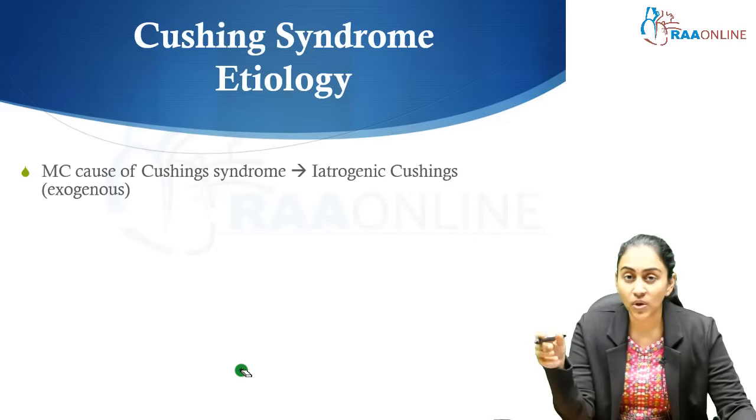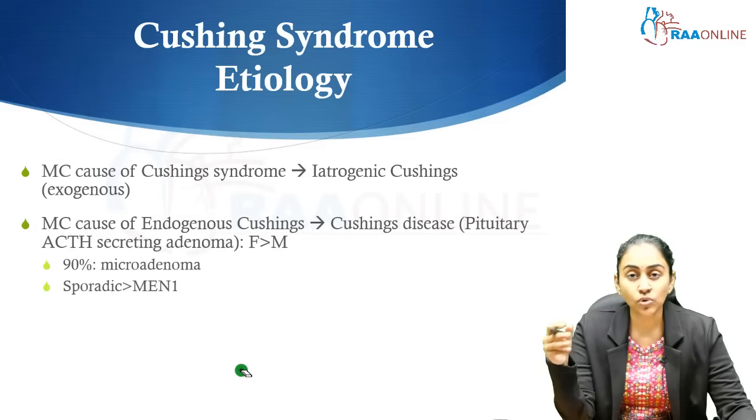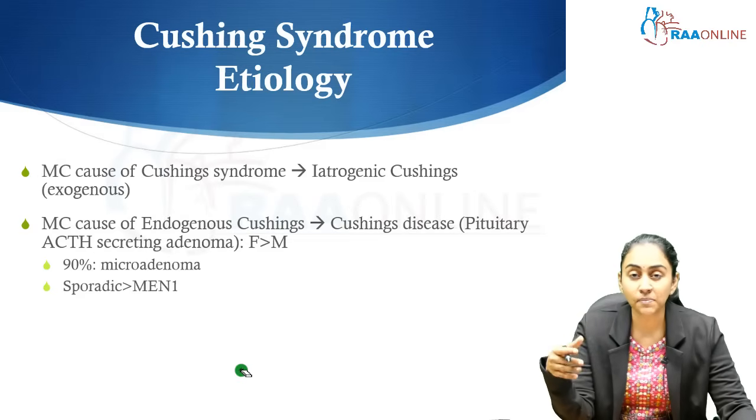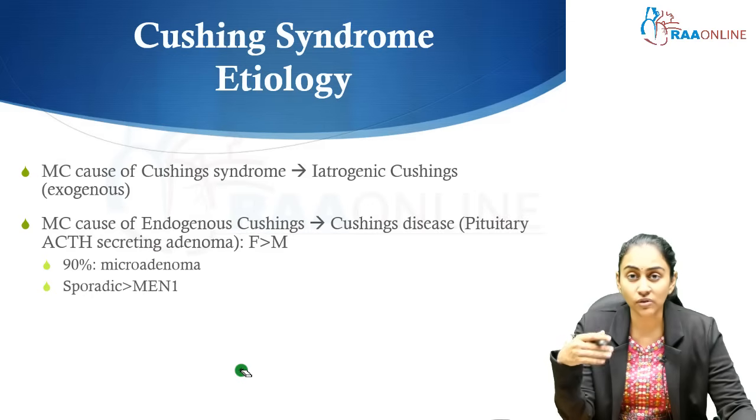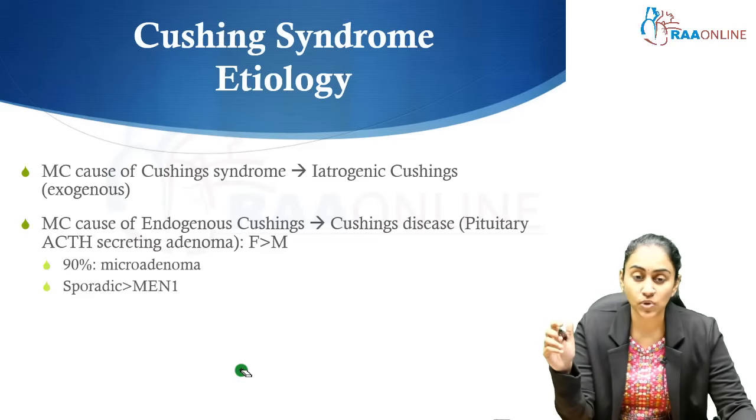The most common cause, as I just mentioned, is going to be exogenous steroid intake. So, the most common cause is iatrogenic Cushing's. It could be for various autoimmune disorders. Sometimes patients may be prescribed a short course of steroids, and patients may end up taking these medicines either inadvertently or consciously, and that's going to result in Cushingoid features. In such an individual, if we do not get the history properly, we are going to go around in circles without picking up the iatrogenic cause as the etiology behind the Cushing syndrome.